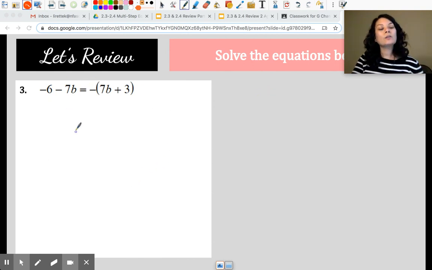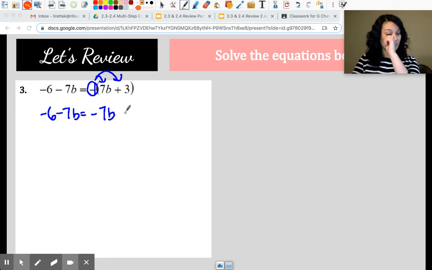Okay, so let's take a look at number 3. So careful with ones like this. I see parentheses, so I know my first step should be to distribute. If it's just a negative sign, there's really a negative 1 that you're distributing here. So I'm going to copy everything that was on the left, distribute and get a negative 7b, distribute again and get a negative 3. I don't have like terms anywhere, so I move on to step 3, which is to